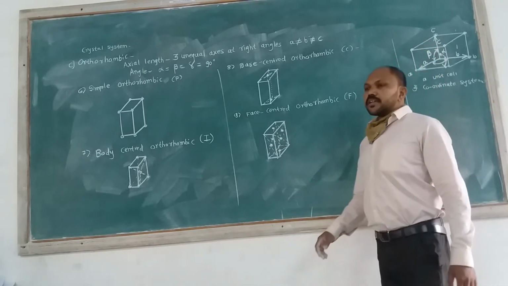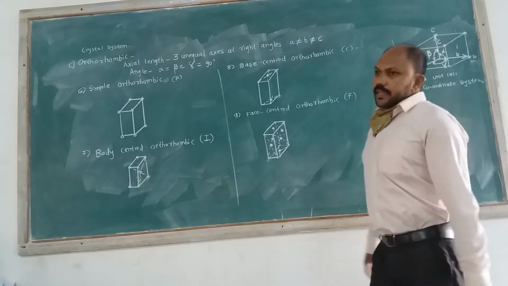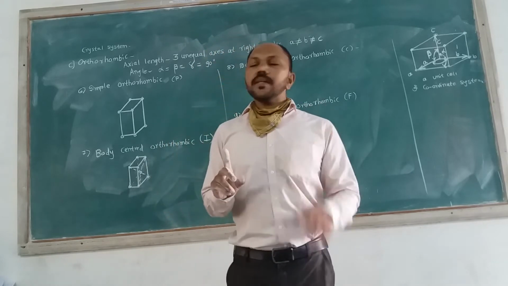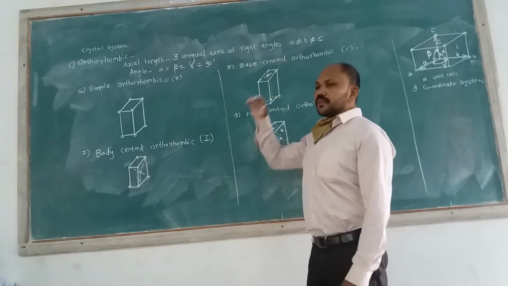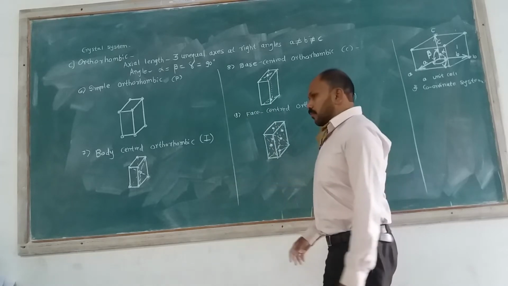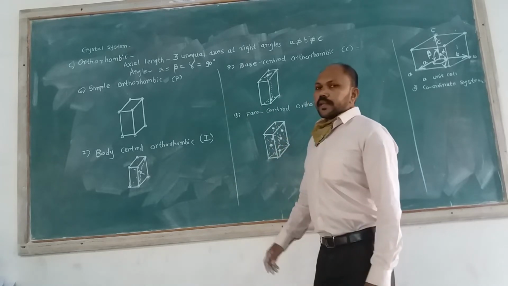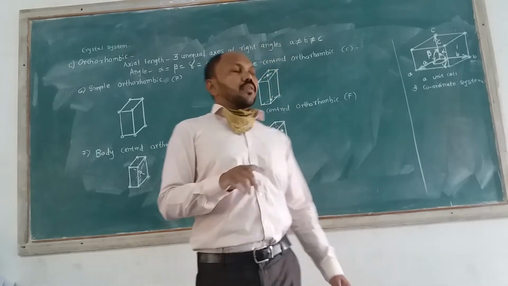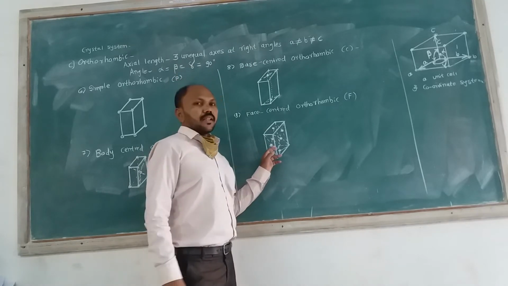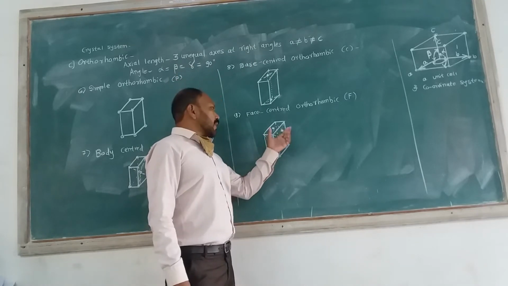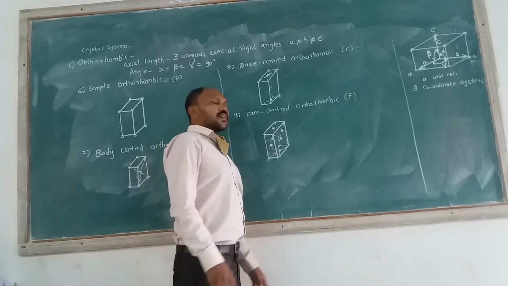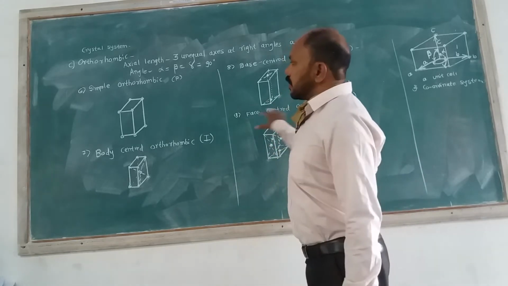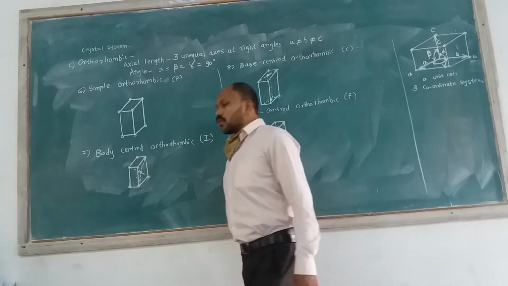Then next is face centered orthorhombic, that is F. Again, we already learned this. There are 6 different faces in total, 4 on the front side and 1 on top and 1 on bottom. Okay, so on each face, at the center location, an atom or molecule is available. Okay, and so it is called face centered orthorhombic structure. So in this way, these are the four different crystal structures under the heading of orthorhombic.